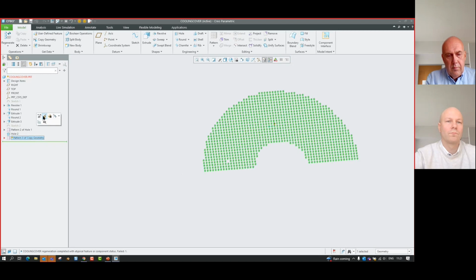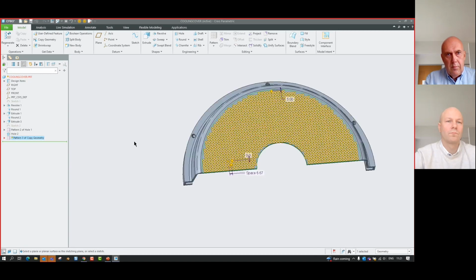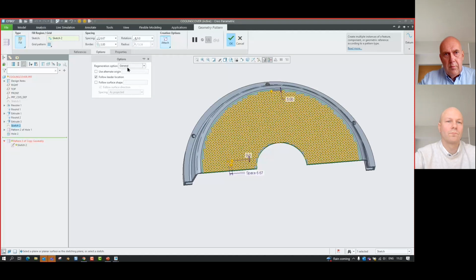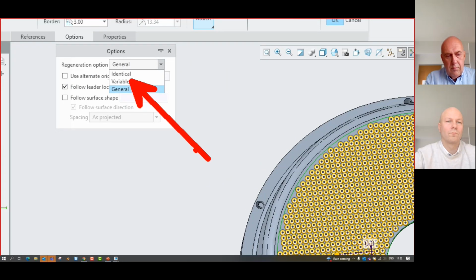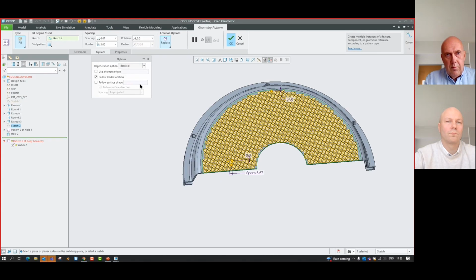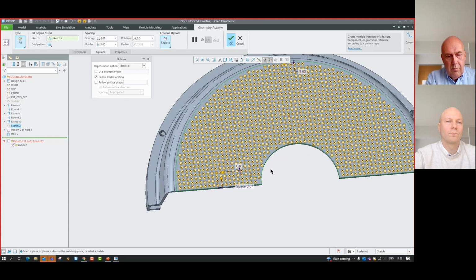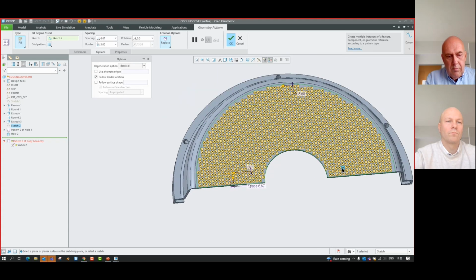And I'm just going to redefine this feature here. And this time what I'm going to do is switch this regeneration option to an identical regeneration option, which is new to Creo 9. And what this allows us to do is we will see much faster regeneration times, because with this identical regeneration option, Creo makes an assumption that the geometry of all of these instances highlighted by these yellow circles are identical to one another.